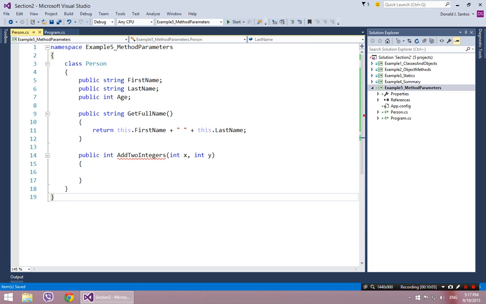So by saying int x, comma, int y, we've formed what we call a comma-delimited list of variable declarations. For example, I can keep going on forever. I can say int x, int y, int z, int a, string s. I can keep declaring these formal parameters forever, but you need to know exactly how many you want and what